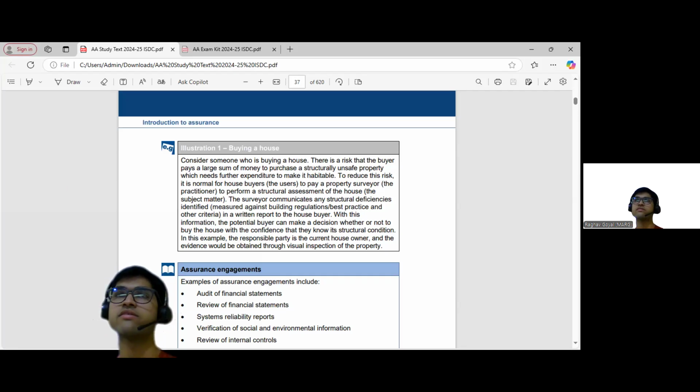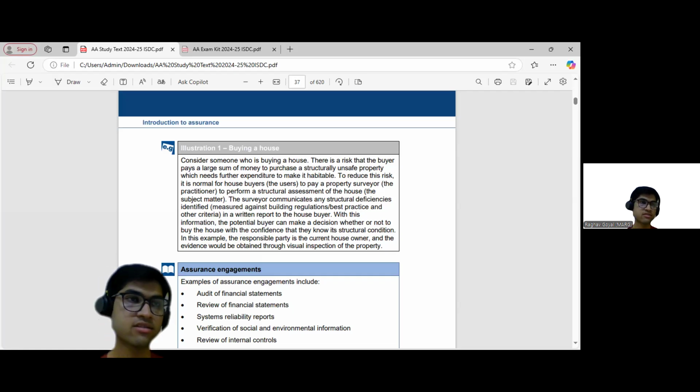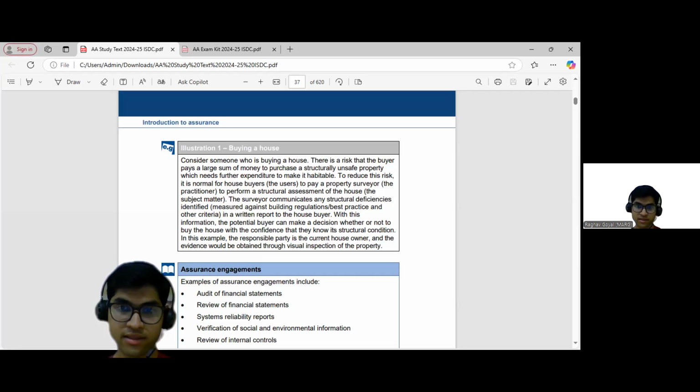So, in a similar way, we have the auditor for the financial reports. The auditor is basically like a doctor of the financial statements. He will have a look at it, see what's wrong with it, and tell the management that all this is wrong. You should have it corrected. The management will take the necessary actions, and then the auditor can say, yes, they have done so, and these financial statements are now reliable and they represent their true picture.